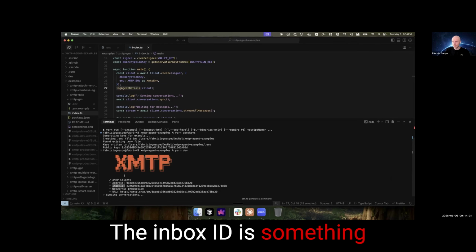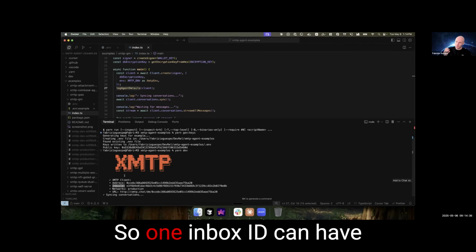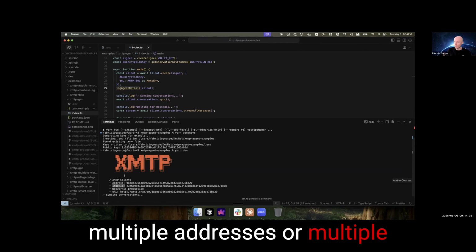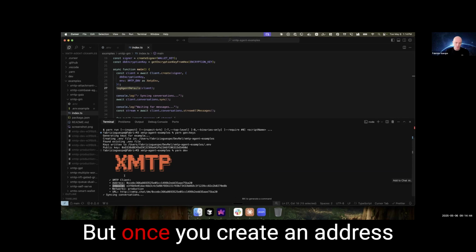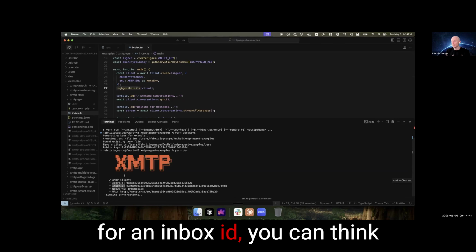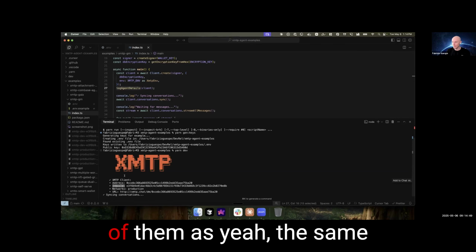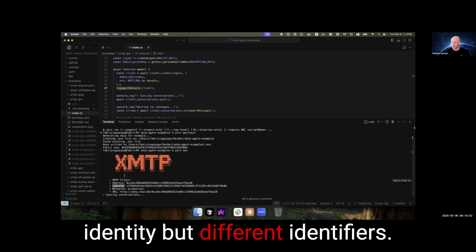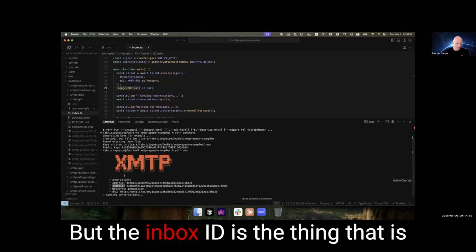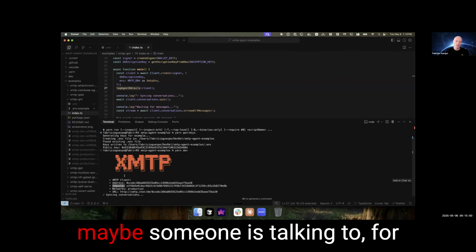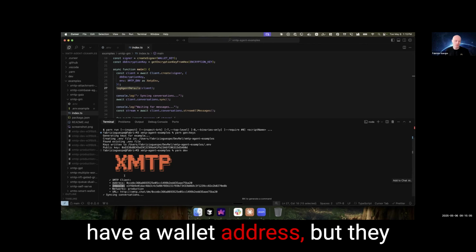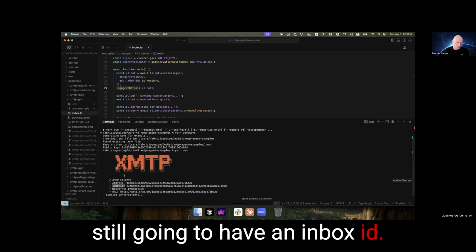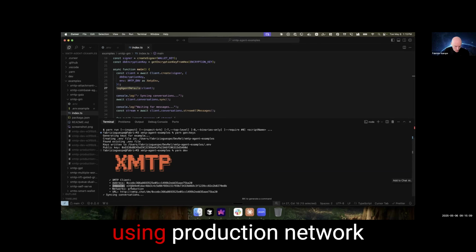The inbox ID is something specific to XMTP. So one inbox ID can have multiple addresses or multiple passkeys, multiple identities. So it's one to many. But once you create an address for an inbox ID, you can think of them as the same identity, but different identifiers. Addresses can change, or maybe someone is talking to you on XMTP, but they don't necessarily have a wallet address, but they're still going to have an inbox ID. And in this case, we are using the production network,